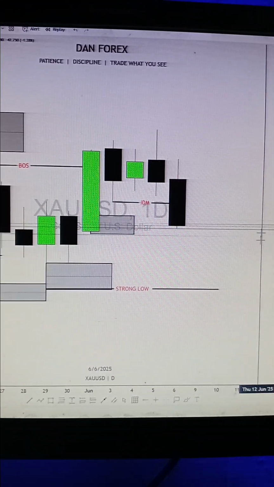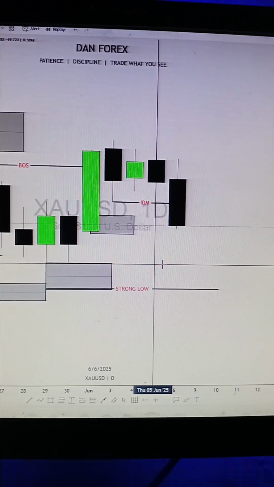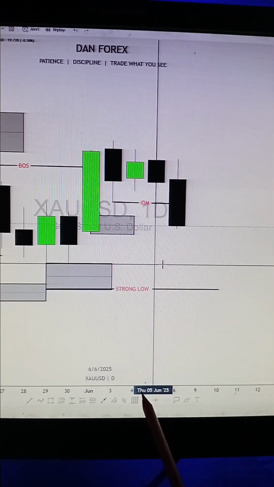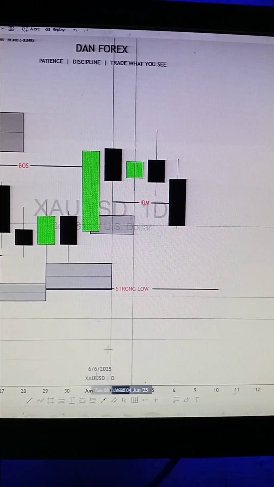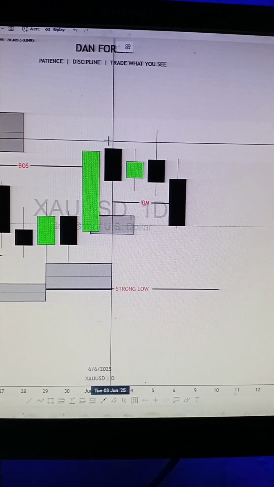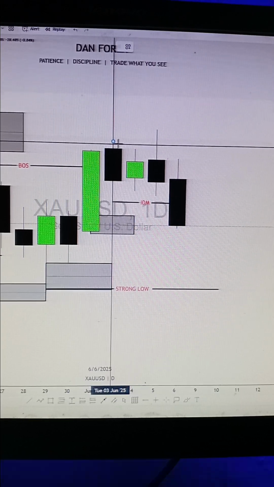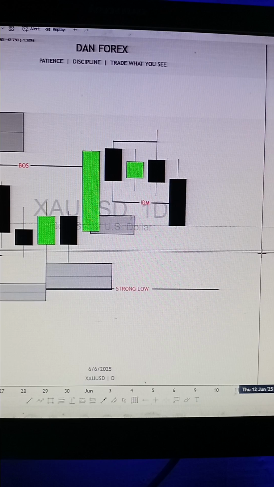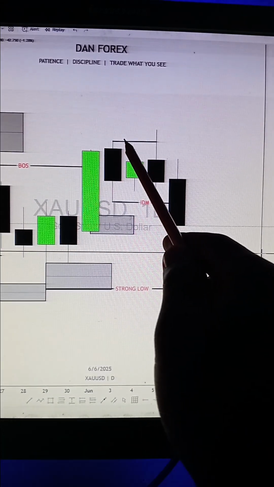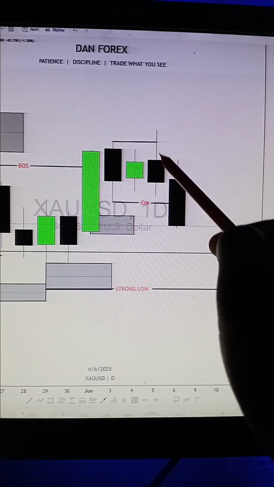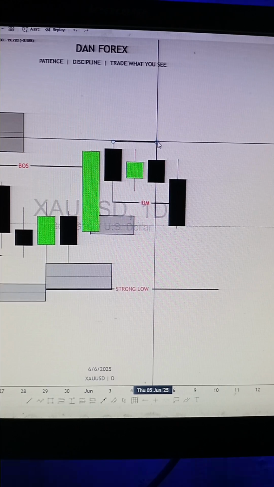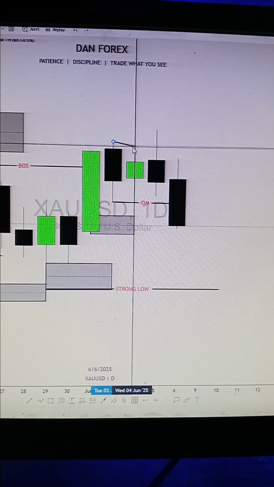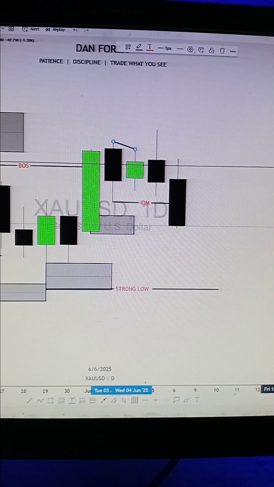this is what happened. We can see the candle of Thursday, Thursday 05 June. This candle of Thursday went above, sweeping the Tuesday candle high, closing inside the range. So this Thursday candle managed to sweep the Tuesday candle and the Wednesday candle,